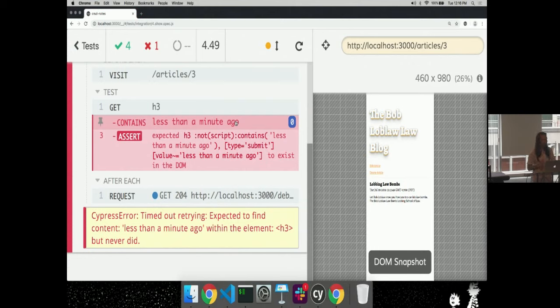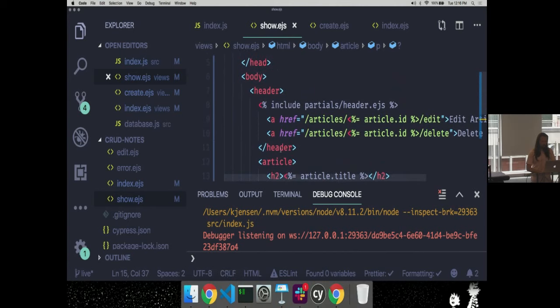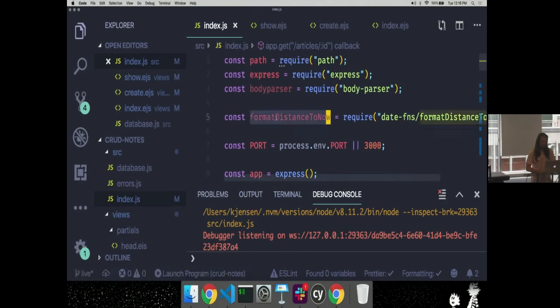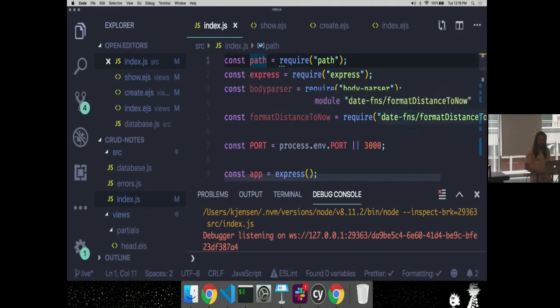All right, and that is I want to pass maybe even a helper function to my templates. Because the way I could do this without middleware is I could say in the show template here, I want to pass this function called formatDistanceToNow. So formatDistanceToNow is a function that comes from this date-fns library, and it allows me to give it a date, and it gives me back a string that says a week ago, 3 months ago, last year, something like that, right? This is kind of nice. I don't have to think about that. So I'm going to use this function here,